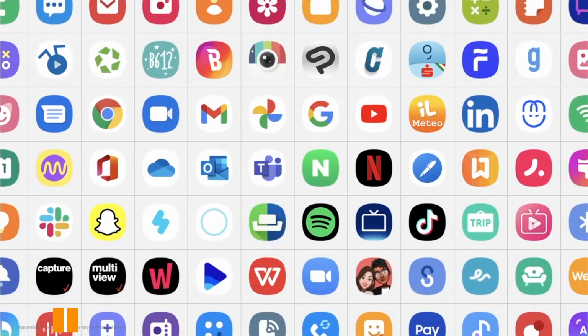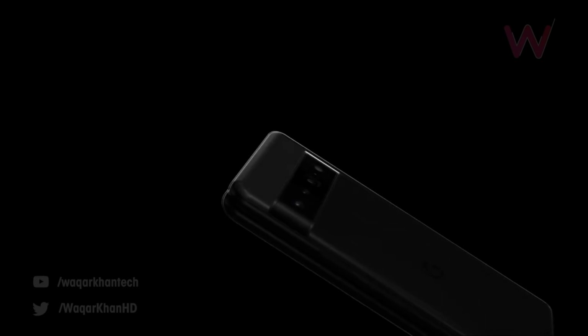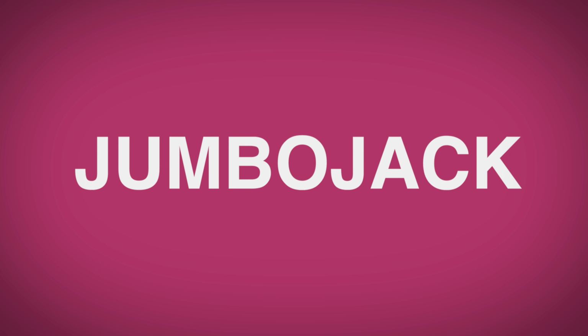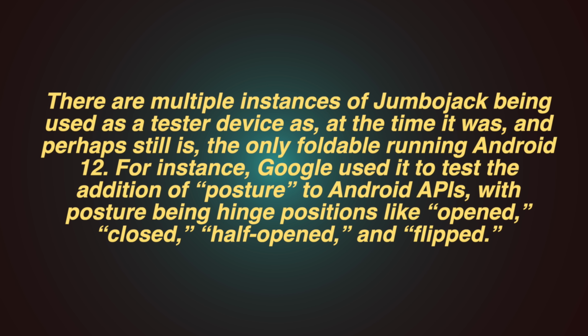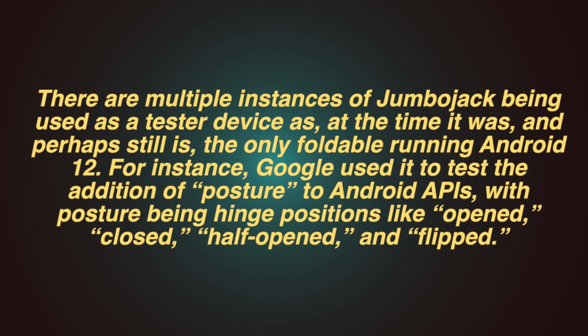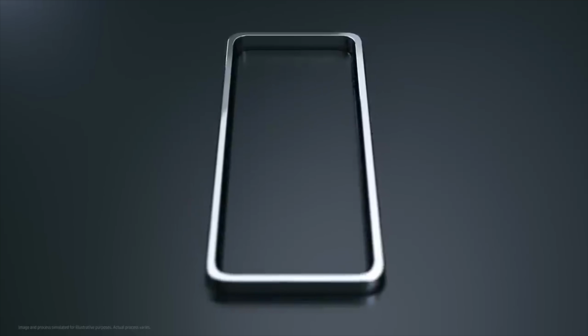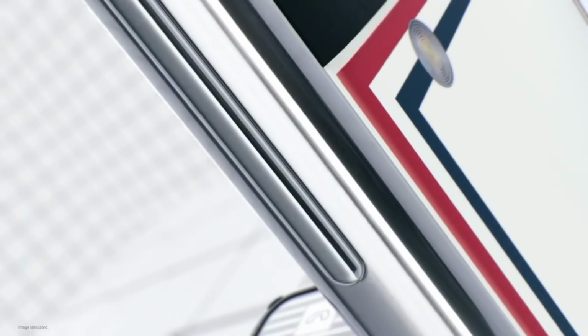That's not it. The Android 12.1 source code also reveals another foldable phone that Google is working on, which will likely come next year. The codename Jumbo Jack was revealed, and according to the info from 9to5google.com, Android devs were using a mysterious Pixel device for a variety of software tests, including the posture of the phone, such as half opened or flipped. There's a possibility that Google may be looking to introduce a flip type Pixel phone sometime in